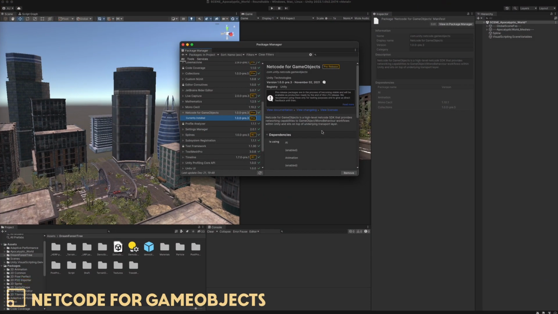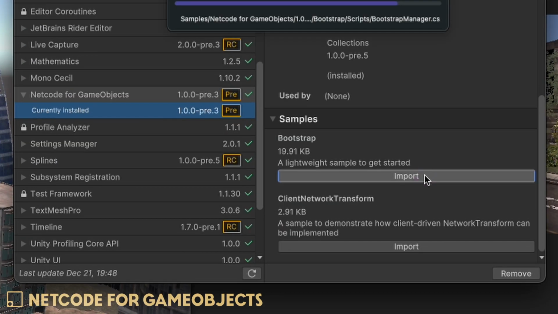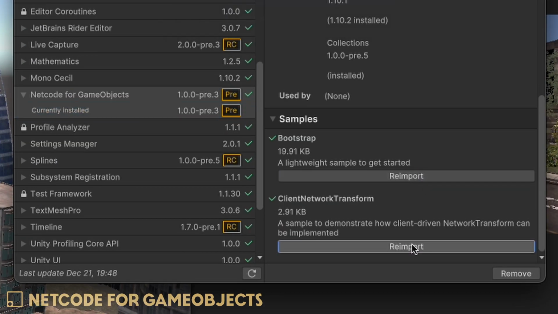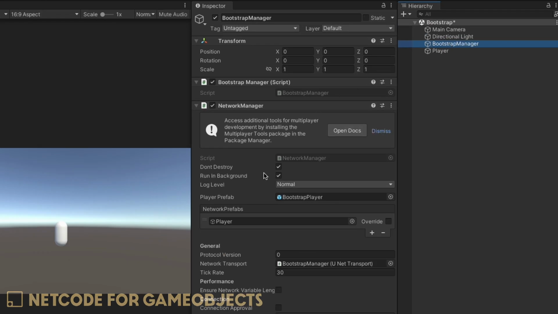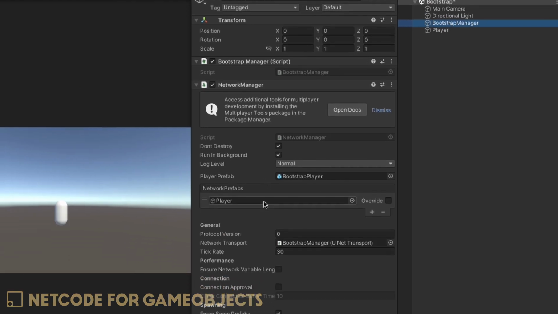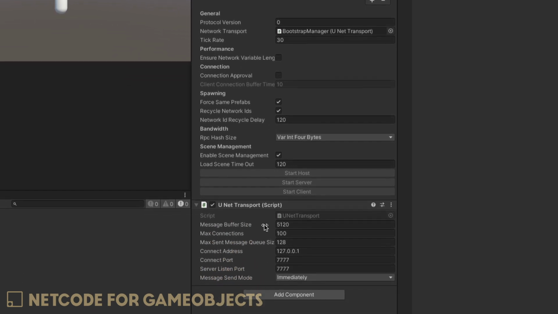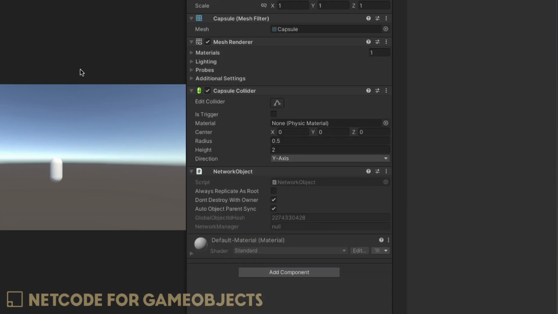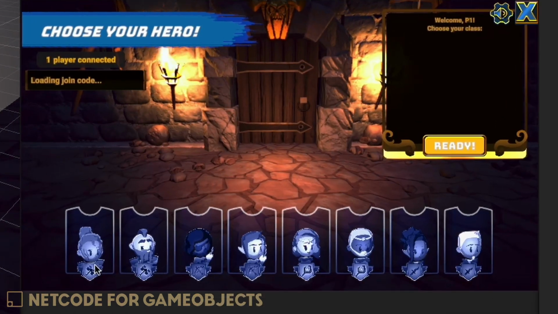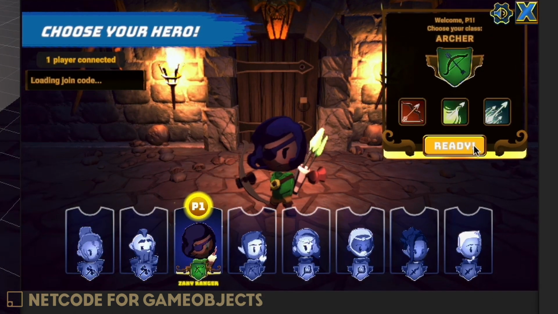Another huge addition to Unity is the new netcode for game object system. It's a first-party, open-source netcode library built specifically for the Unity editor. The package is now in pre-release and extends the feature set available on the experimental release to make it easier for creators to build moderate-pace, small-scale co-op games. It also includes support for the new Relay service.